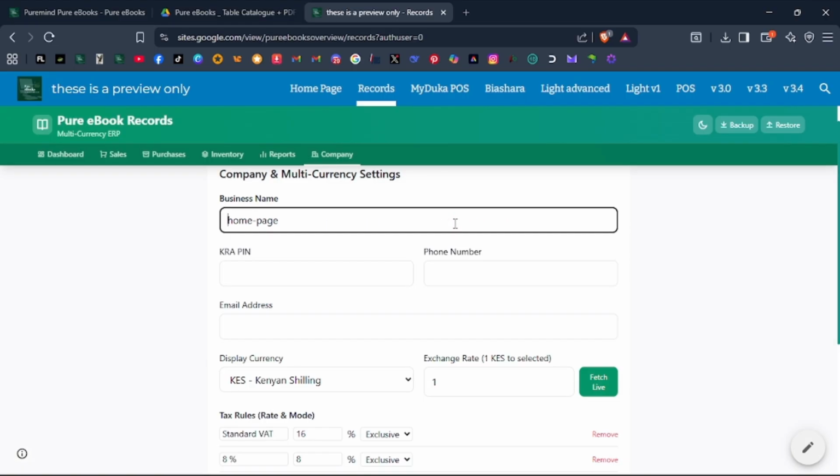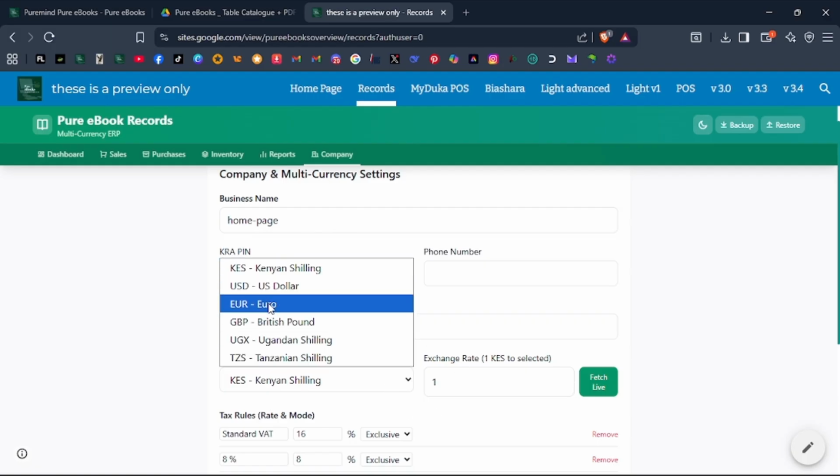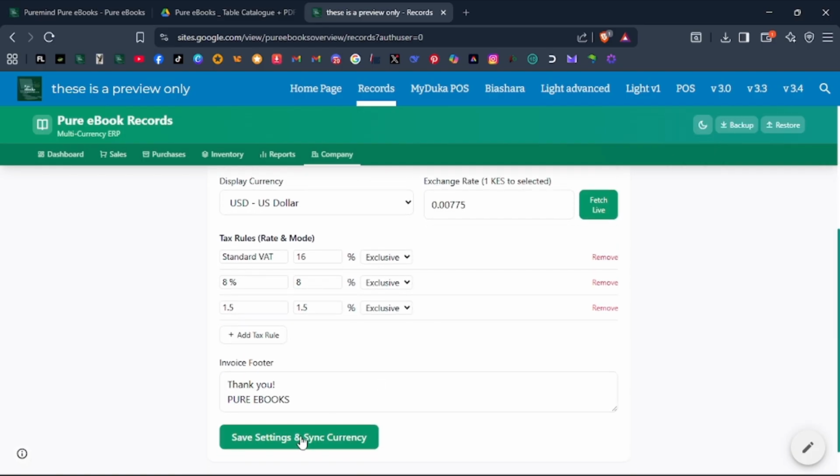Let's change the name to home page. Let's just change the currency. You can change the currency to, let's say, US dollars. You finish, make sure you finish, and then it pops up that it has been saved,